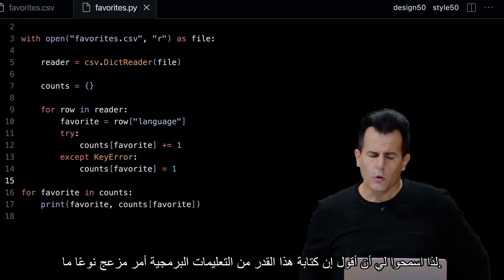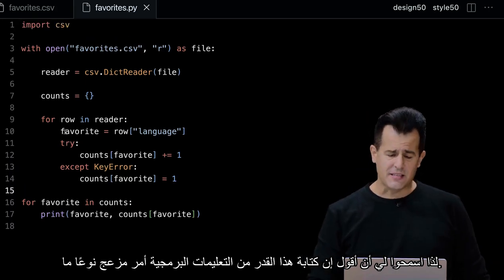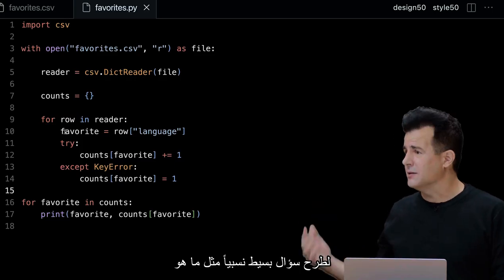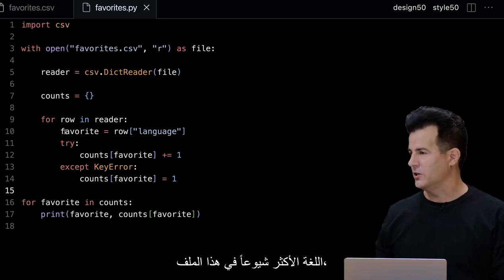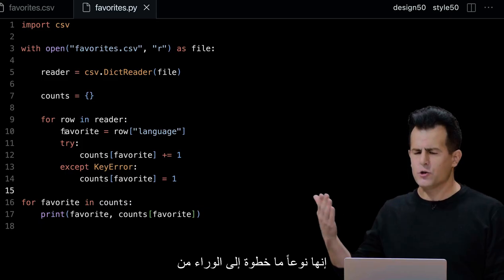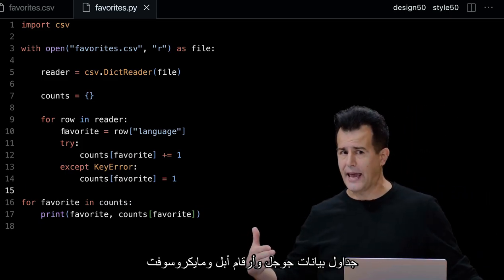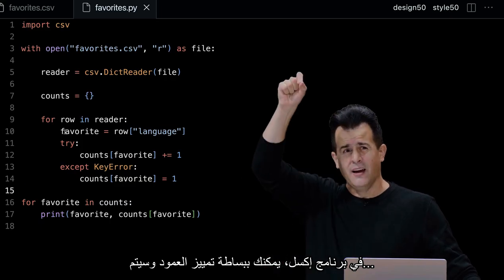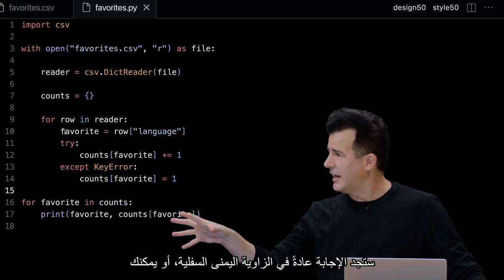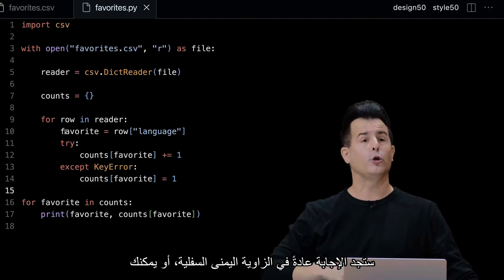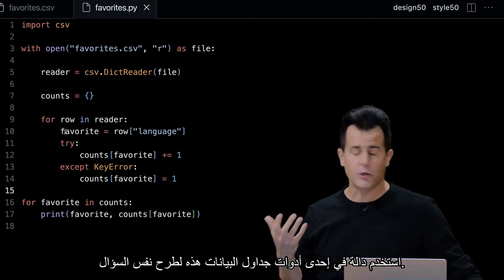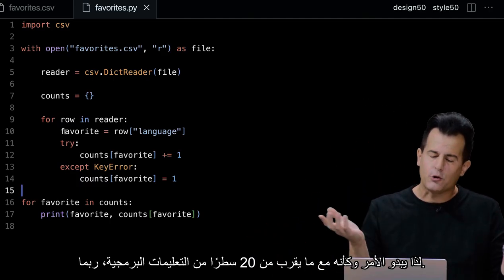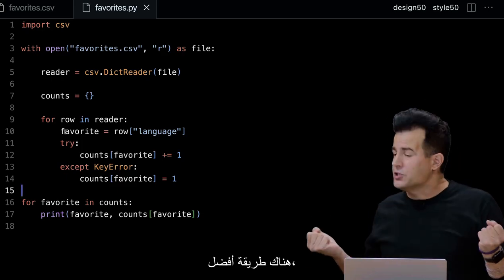All right, so let me propose that like writing this amount of code is kind of annoying, just to ask a relatively simple question, like what's the most popular language in this file, right? It's nice. It's sort of a step backwards from Google Spreadsheets and Apple Numbers and Microsoft Excel, where you could really just like highlight the column and it would just tell you the answer, usually in the bottom right-hand corner, or you could use a function in one of those spreadsheet tools to ask the same question. So it's starting to feel like with almost 20 lines of code, like maybe there's a better way,